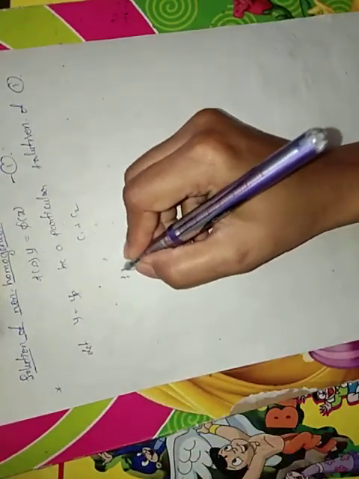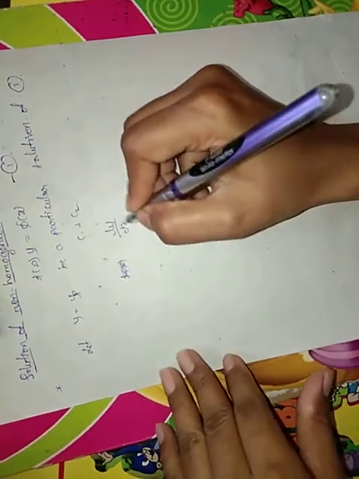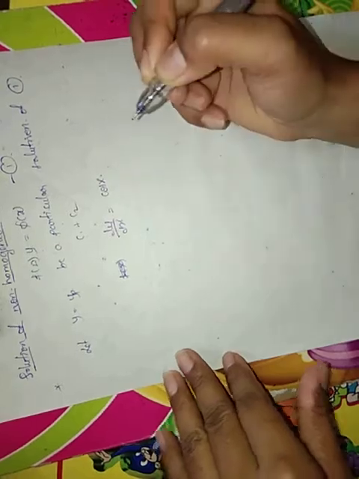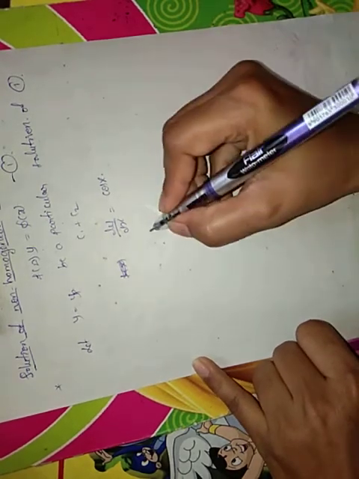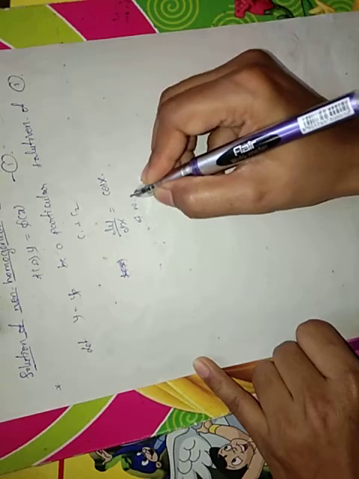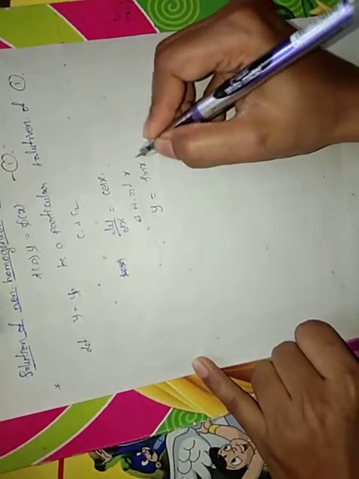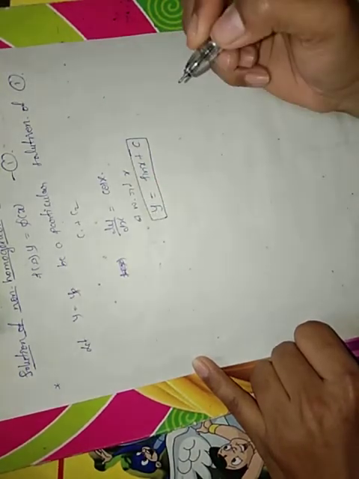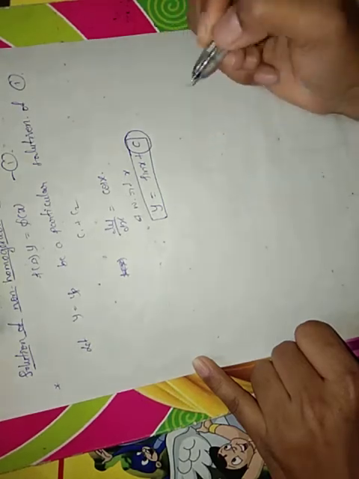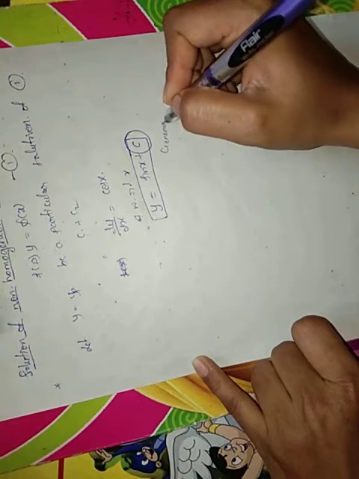Constants will remain. So I am giving an example here. Suppose you have a function f of x, or dy by dx equal to cos x. If they ask you to find the solution of the function, solution means integrate with respect to x. We get the solution y equal to the integral of cos x, which is sin x plus an integral constant c. So this will be the general solution, which contains the constants.